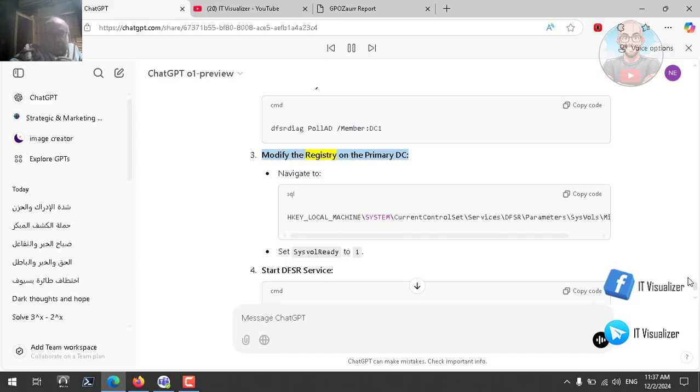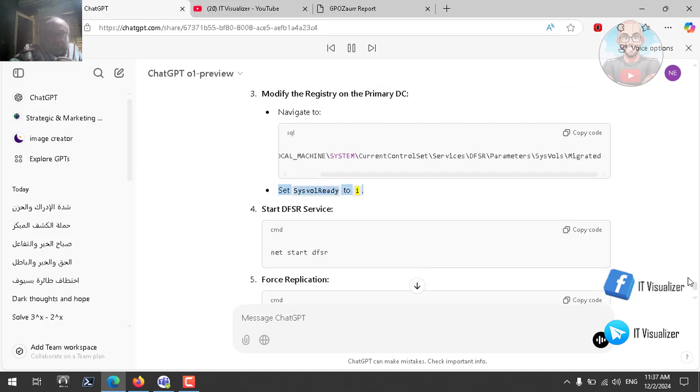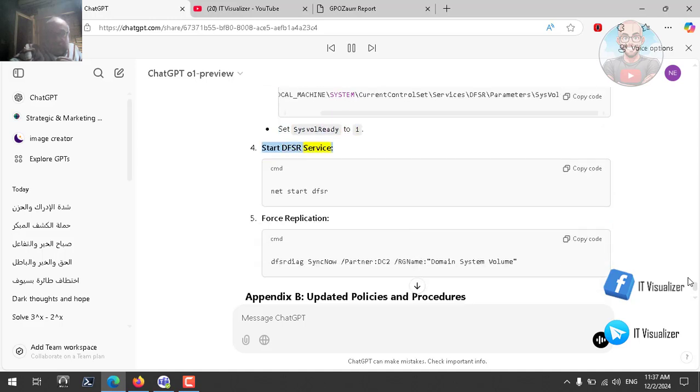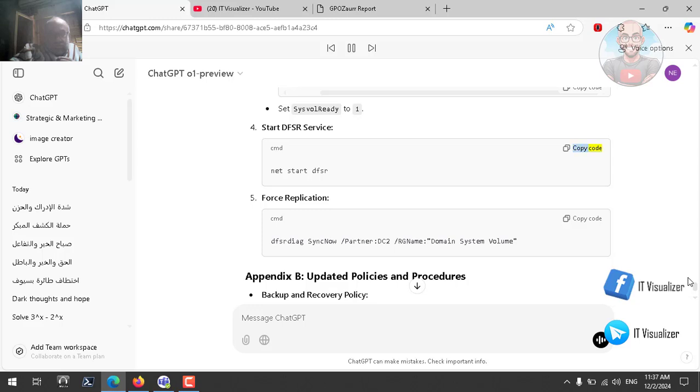Modify the registry on the primary DC. Navigate to HKEY_LOCAL_MACHINE\System\CurrentControlSet\Services\DFSR\Parameters\SysVols\Migrated. Set SysvolReady to 1. Start DFSR service. CMD: